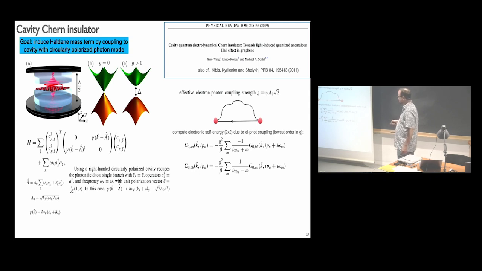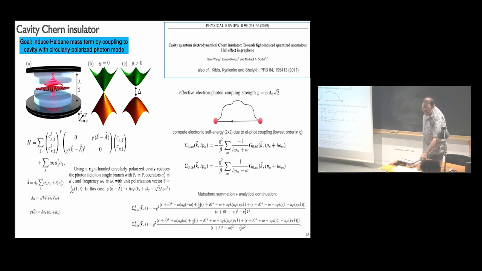And it turns out that you get self-energies along the AA and BB components. That's already a good sign, because we want to have a mass term that will appear here on the diagonal. And if we calculate out these Feynman diagrams, which you can certainly do in your head, just do some Matsubara summation, some residue theorem, and some analytic continuation, you end up with these analytical expressions. So if you just do lowest order perturbation theory, this can still be done analytically. And if you take the limit of k equal to 0, just look at the Dirac point, you find this